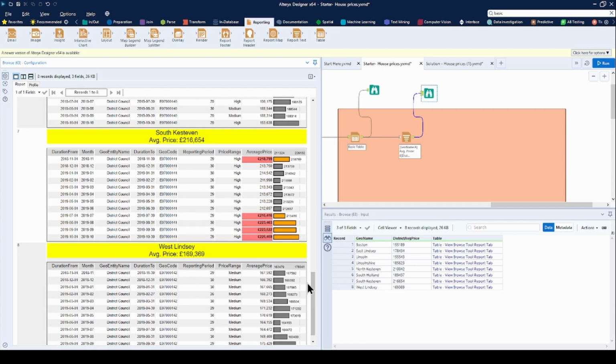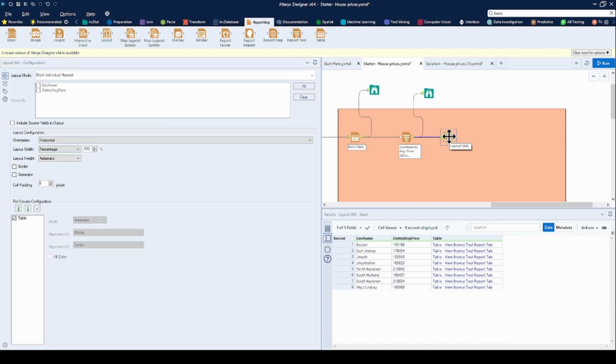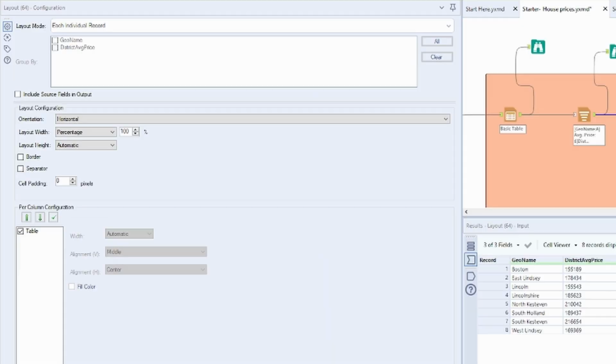I proceed to the next step, which involves using a layout tool to help me visualize how the report will look. So let's add the layout tool. This tool groups sections in containers. If you use Tableau, you can compare it with the layout container, which allows you to place objects in a dashboard in different ways, side to side, left to right, and so on. So first of all,